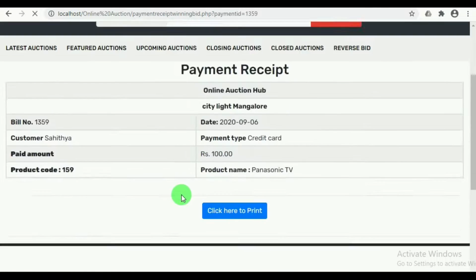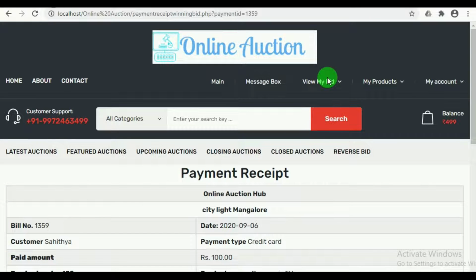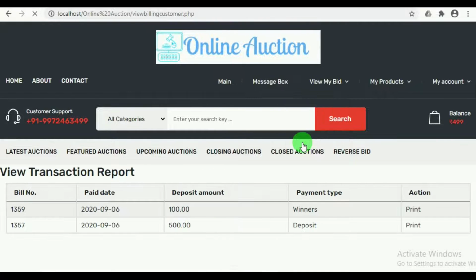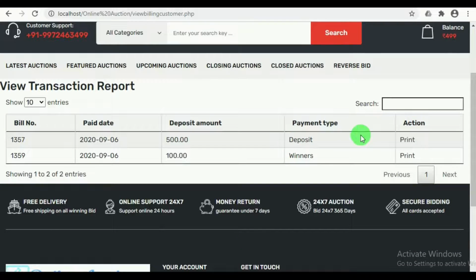That is, the highest bid was 100 and 100 rupees was paid, and the customer can view the payment receipt. In view transactions, the customer can view the various biddings they have done and the various amounts they have bid.